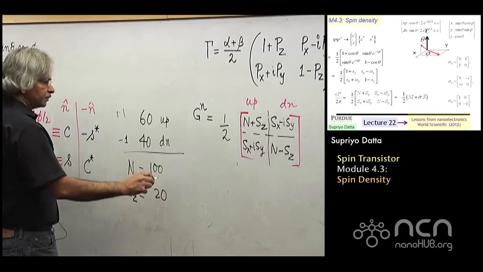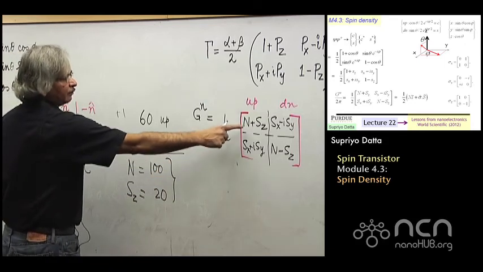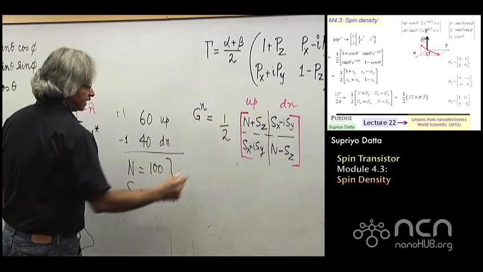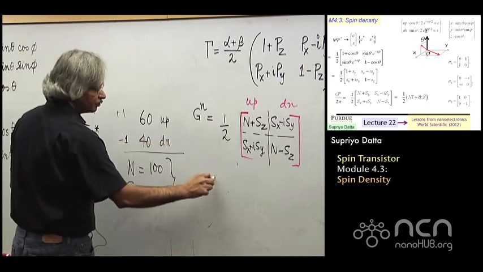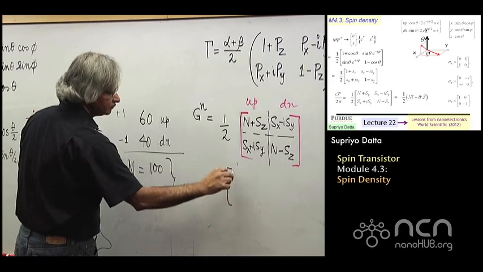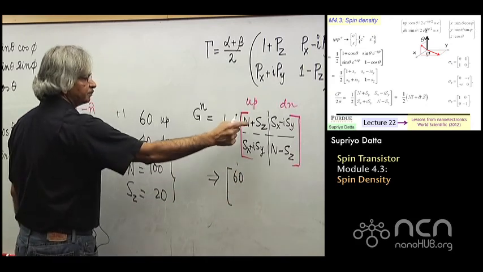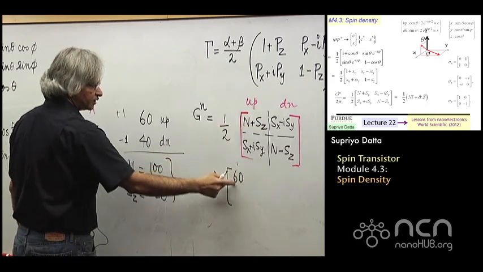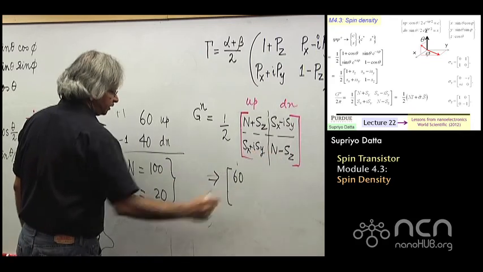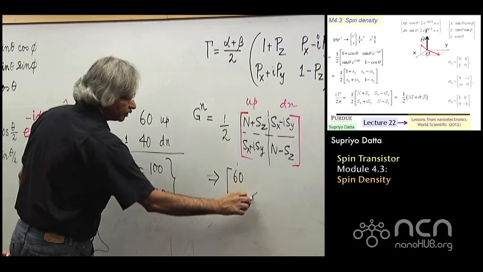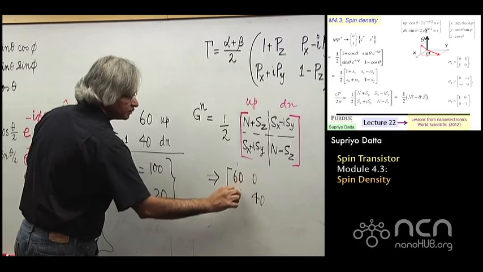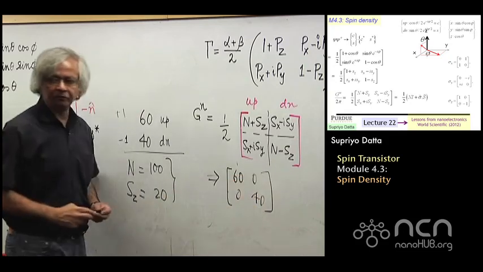And now, if I write n plus sz, that would be like 100 plus 20, and then I have a half in front, so it would become like 60. Because 100 plus 20 is 120, divided by 2, that's 60. And if I go here, it will be 100, take away 20, that's 80, divided by 2, that's 40. And 0, 0. So that's what Gn would look like